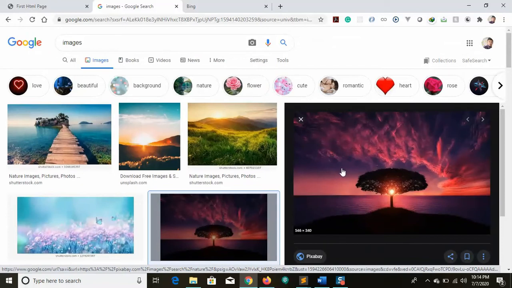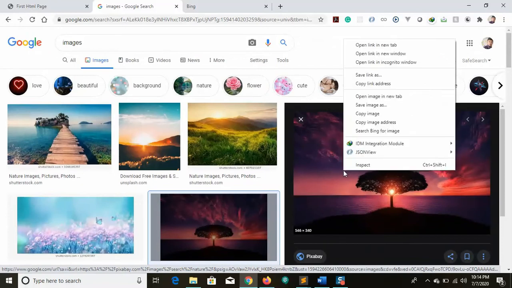How can I get it? Just right click on this and go with copy image address. For Firefox, it will be copy image location, I think. In the same way, Chrome has copy image address. Just click on copy, left click.